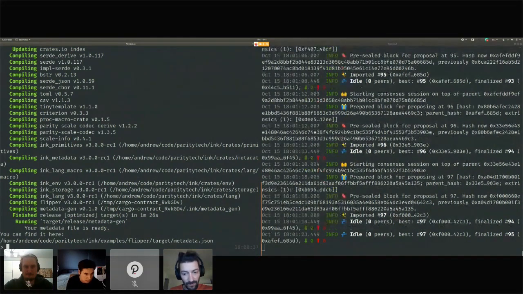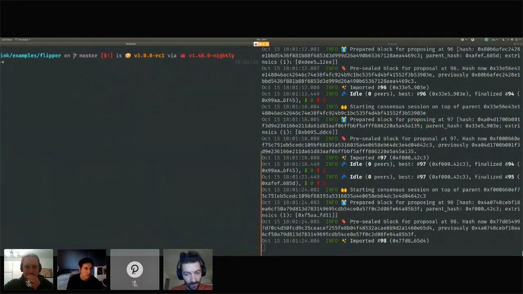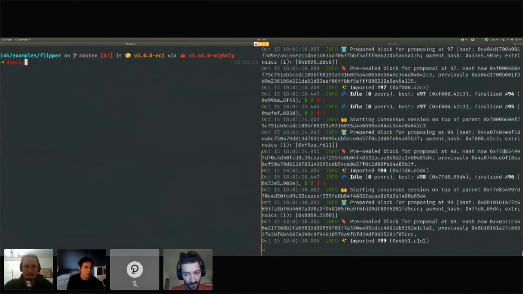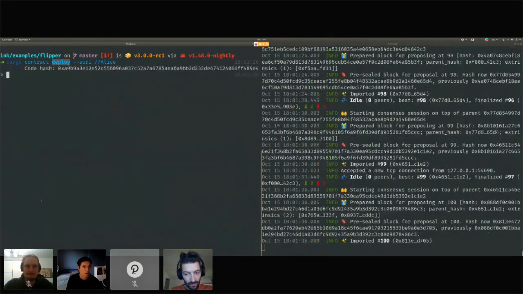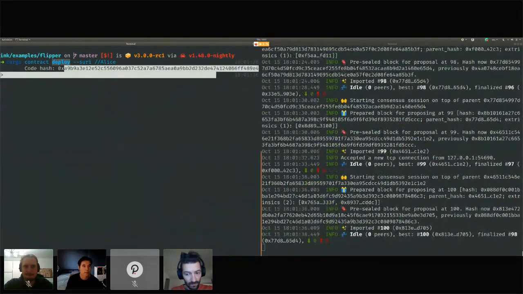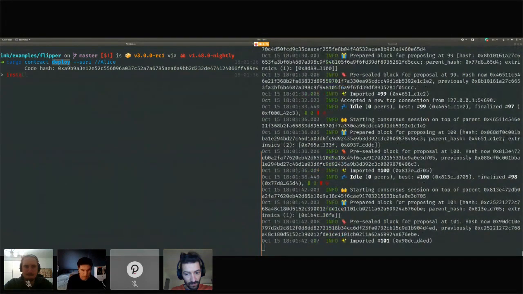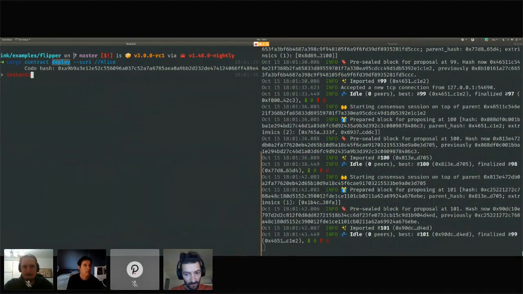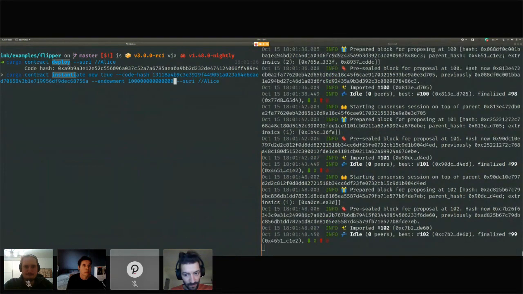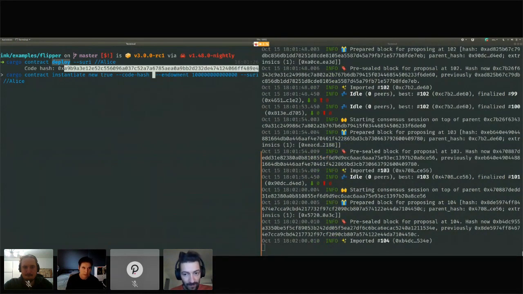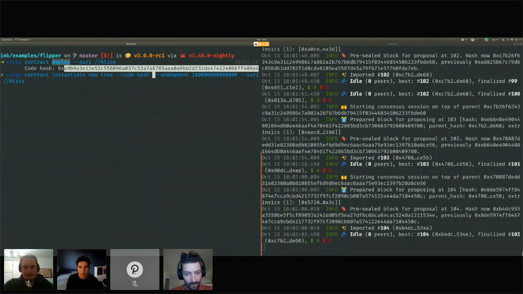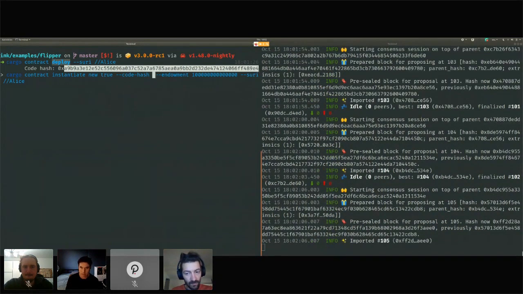Right, okay, so now we've got a new one, so we have to deploy it again. Okay, we've got a new code hash. So we have to instantiate it again. One thing to note is that I believe that for a given code hash, you can only deploy one instance of a contract